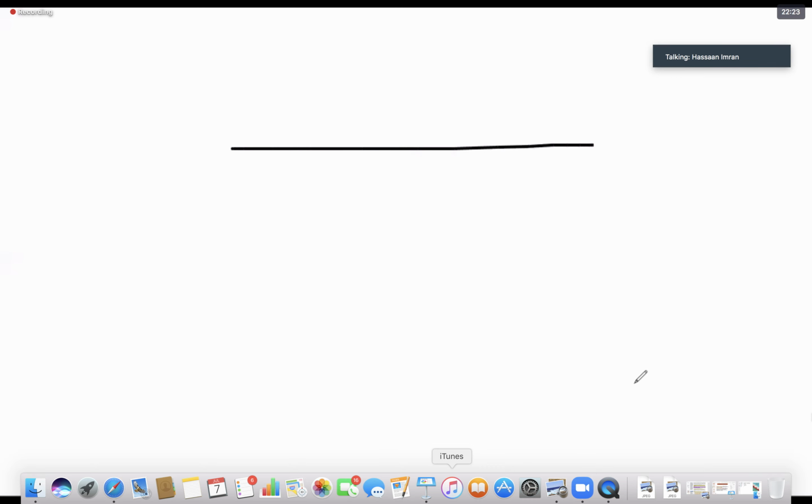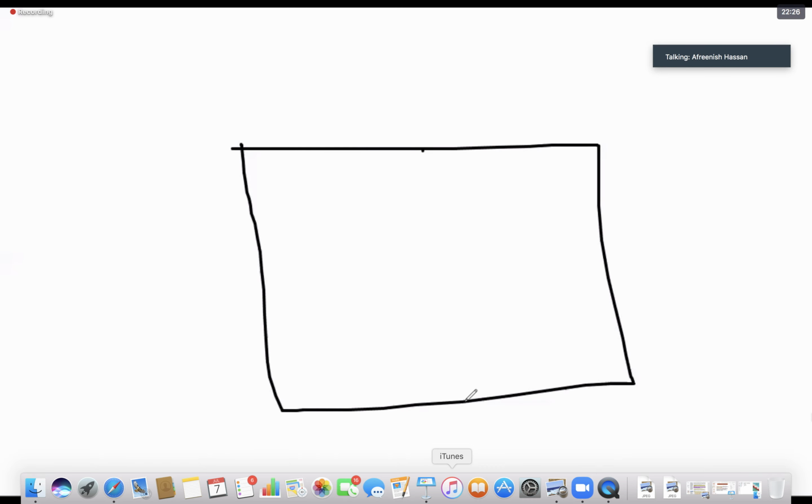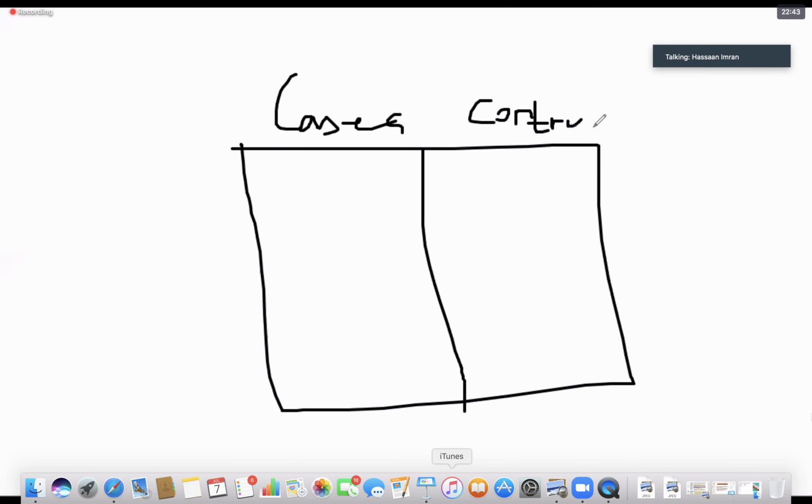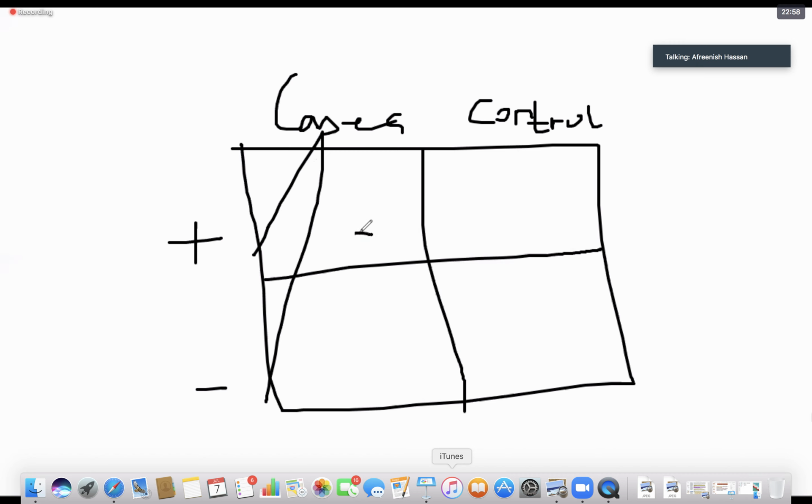Again, we are going to make a 2x2 table. So what basically we write down here, we write cases in columns and controls in columns, and we try to link these cases and controls with the possible exposure. Now, what happens is that a case might be exposed or a case might not be exposed. Remember that from the flow chart that I made, two possible outcomes. So here we are going to put them.